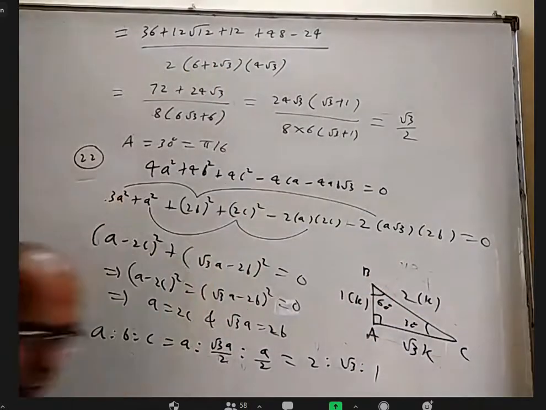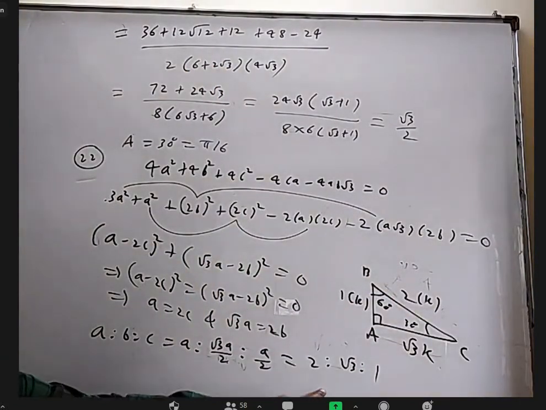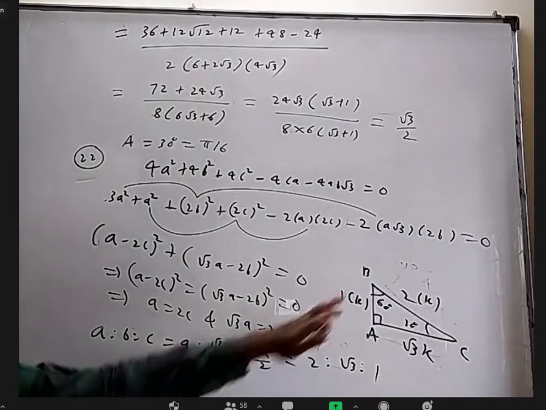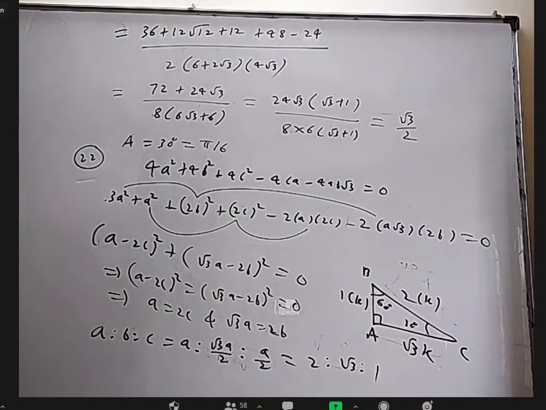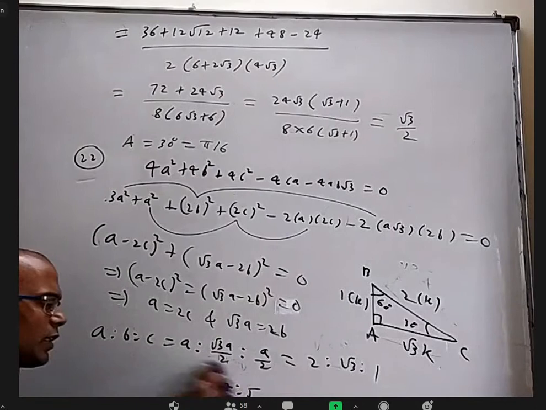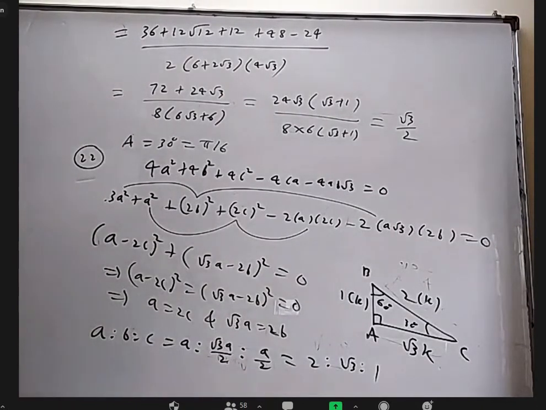If they did not come as a Pythagorean triad, then I need to use the cosine rule to find each angle separately. Let us say here we would have got 3 is to 4 is to 5. You cannot tell the angles. You have to take 3k, 4k, 5k and find cos A. Apply cosine rule, you'll get cos A. Similarly, cos B. You have to apply cosine rule 3 times. Because here it is a Pythagorean triad, it is easier. Pythagorean triad means a square plus b square equal to c square. So it's a right angle triangle with angle A 90, angle C 30, and angle B 60.